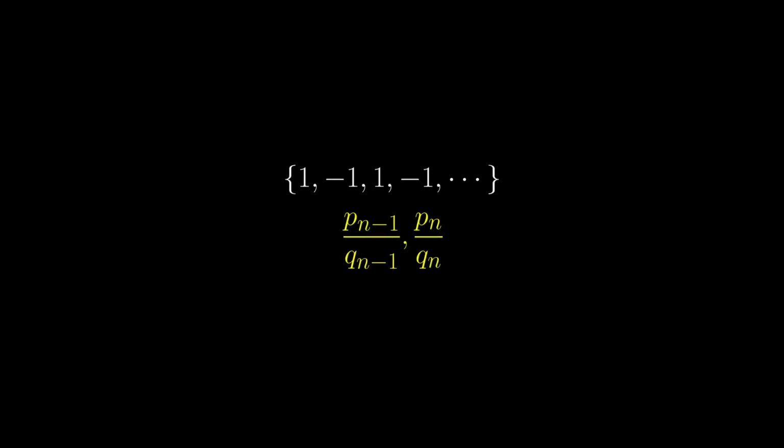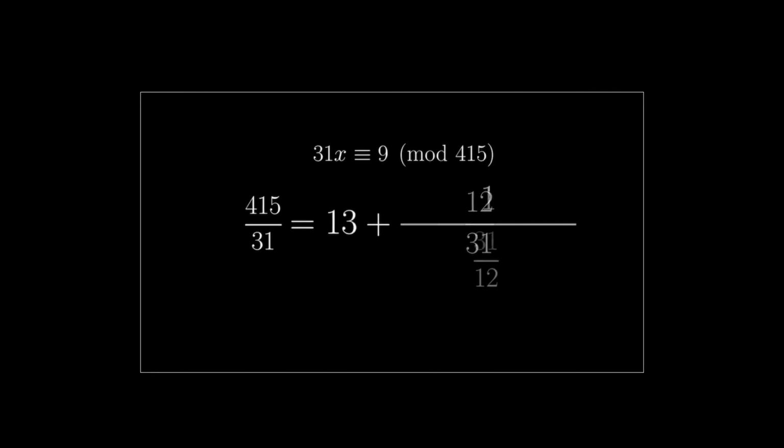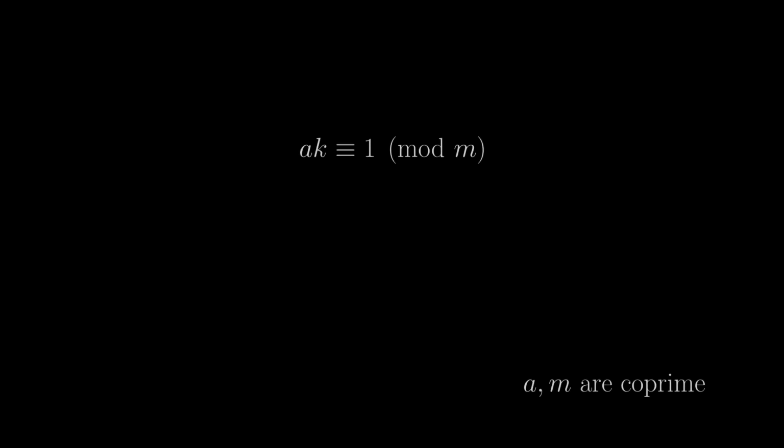That means by doing the cross multiplication between the two consecutive continued fraction convergents, we get either 1 or -1. Actually, we can pinpoint exactly whether it is 1 or -1, but it might be easier to just check the units digit of the cross products. So now we have fully justified why we can use the continued fraction method to find out the solution of a linear congruence equation. In fact, the value of k such that ak is congruent to 1 modulo m is